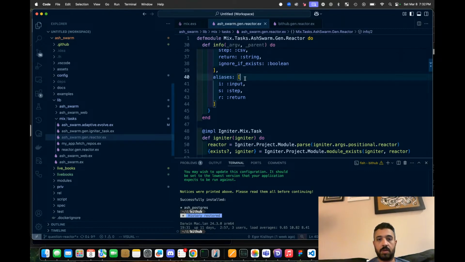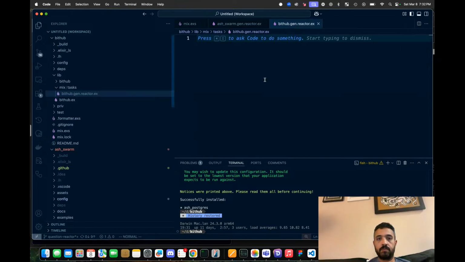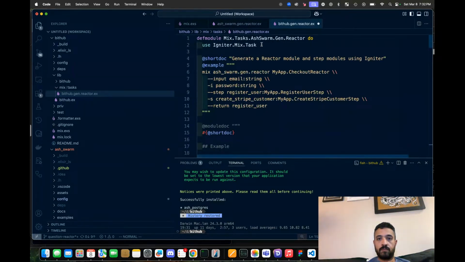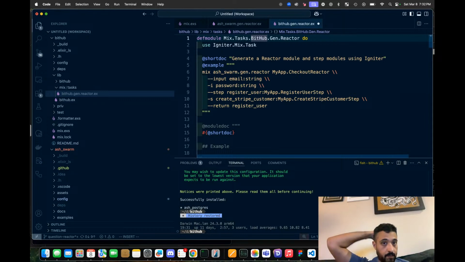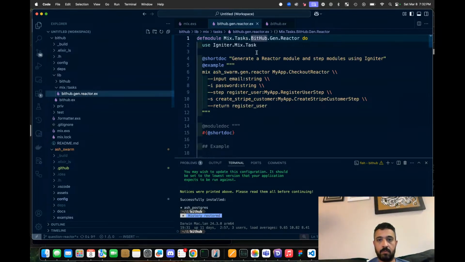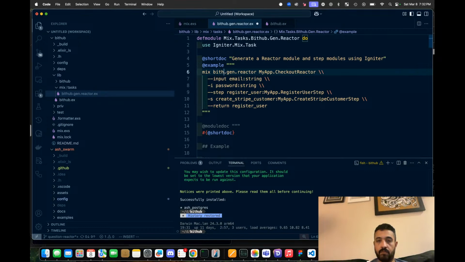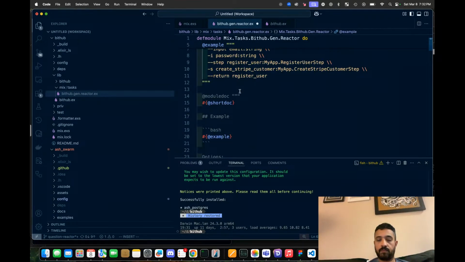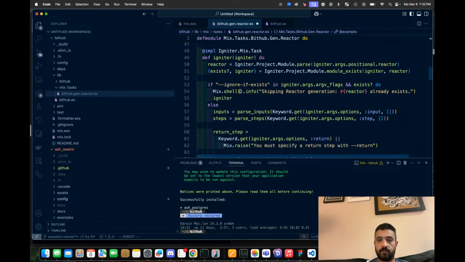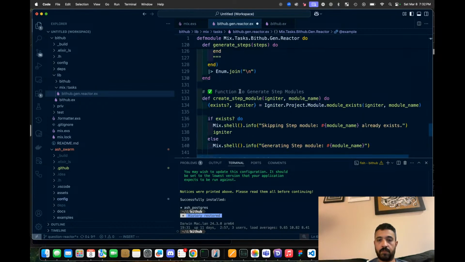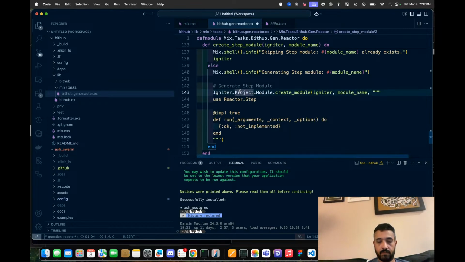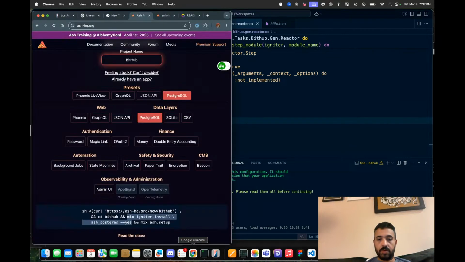So actually, we're just going to copy the code. It actually does it lowercase, so never mind. Bit. Okay. So what we're doing is